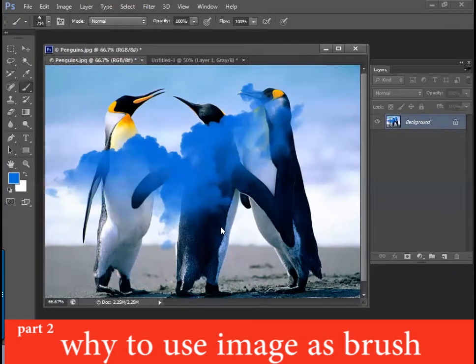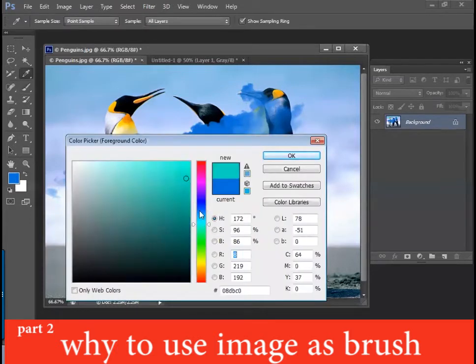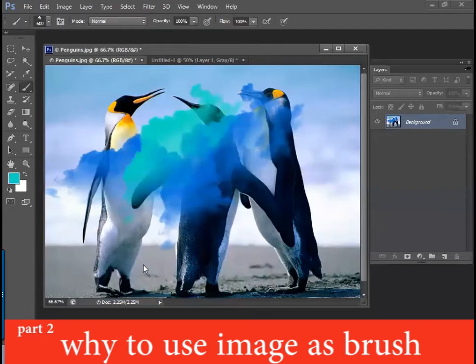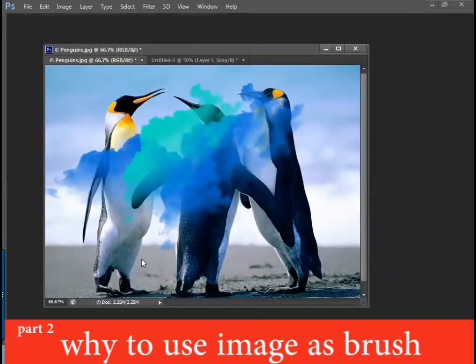So we have understood now how to convert an image into a brush and what is the advantage of it. Now you can place your photograph behind the cloud, and you can place any image behind the cloud or in front of the cloud, and you can make the cloud turn into any angle with any size in any color. It could be placed. Is it okay?